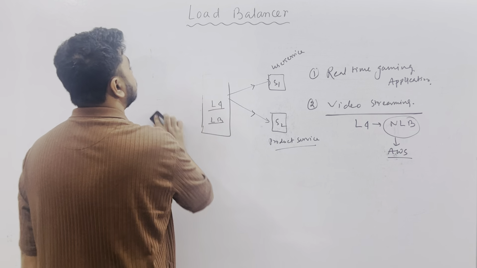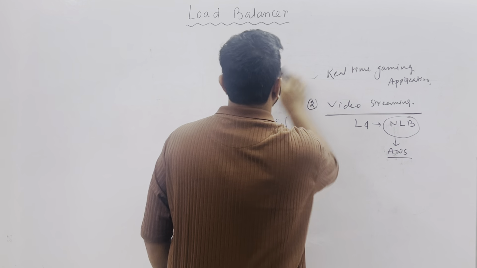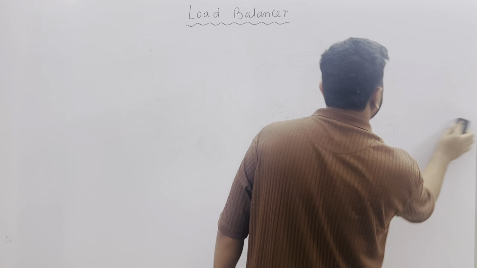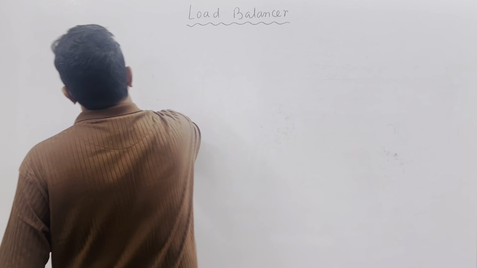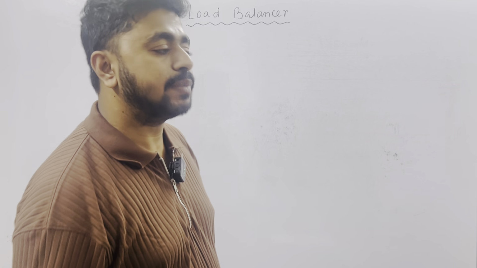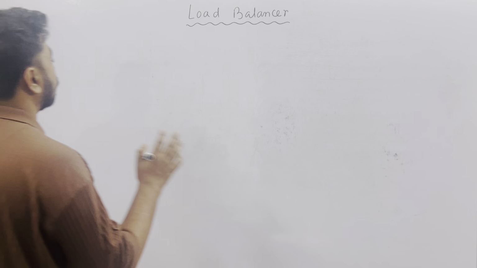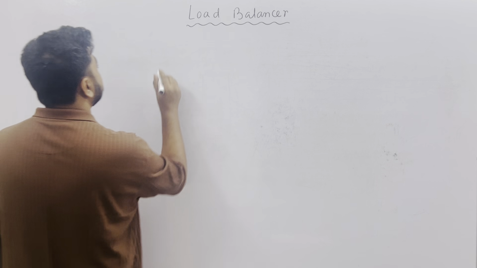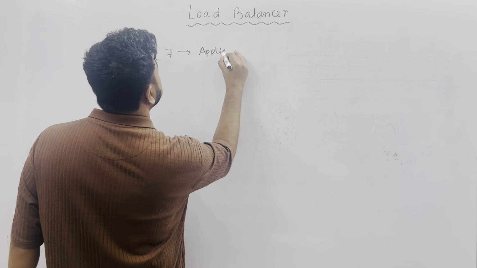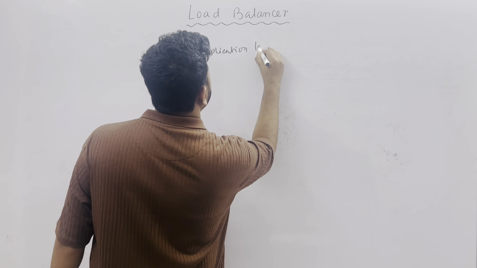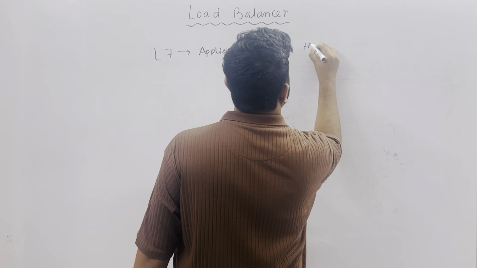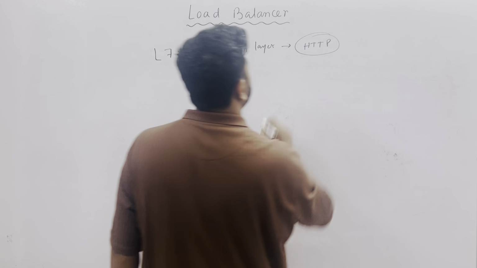So, next we will come to the L7 load balancer. What we saw till now, L4 is a basic load balancer. It just distributes the traffic based on your TCP protocol, based on your network. Now, coming to L7. L7 works in the application layer, and in the application layer it distributes traffic. It can intercept HTTP